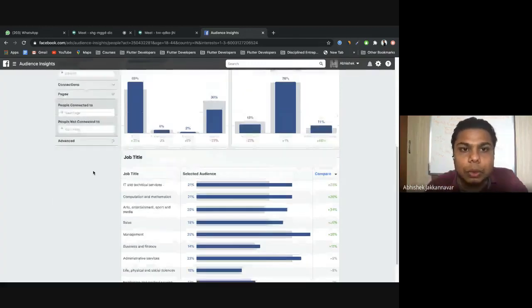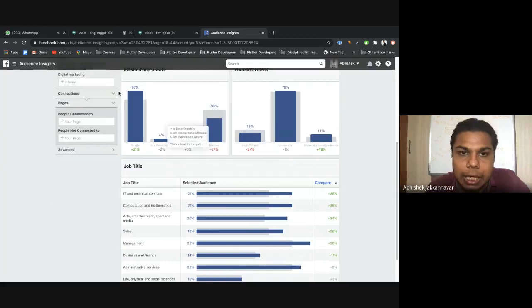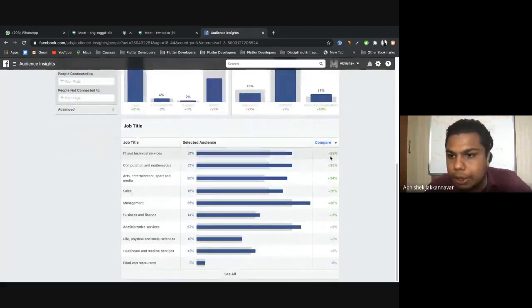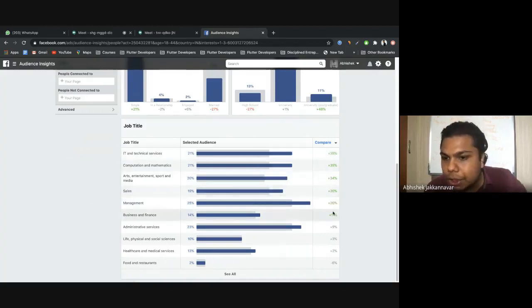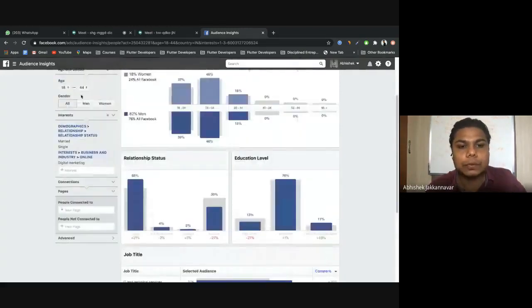So people who are interested in digital marketing are from India and have this relationship status. We see what their job title is. The job title majorly is either IT, computation, arts, sales, management, right? So this, if you see on average, covers a lot of people. So don't say that any person between 18 and 44, I'm going to show him.